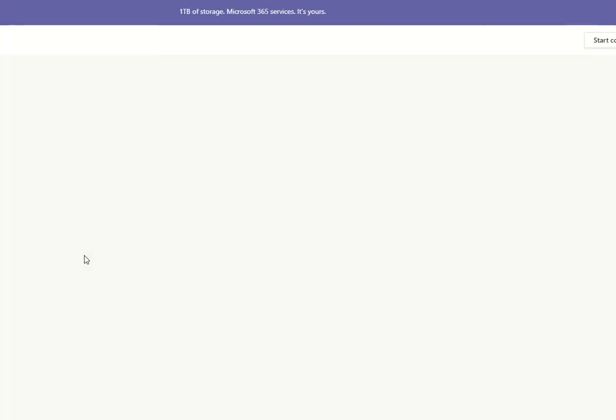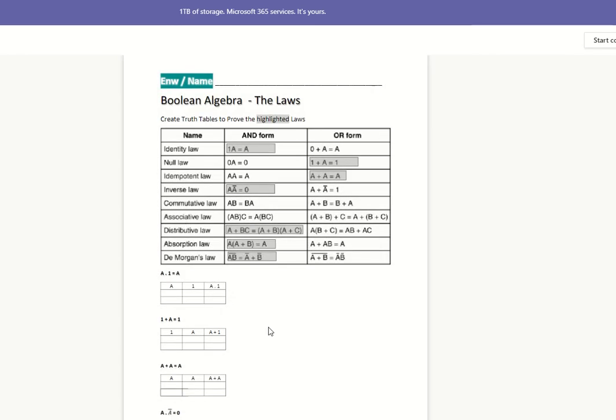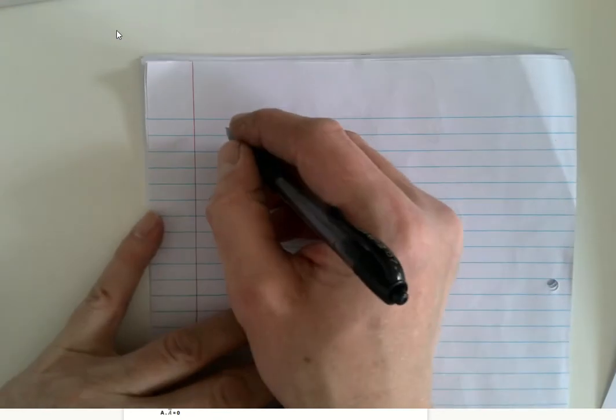In the folder we've also got some PDFs which give these rules or laws of Boolean simplification. Now part of your test is going to be simplification of Boolean expressions. So let's have a look at a few of them. We'll bring up here, and I'm going to start with